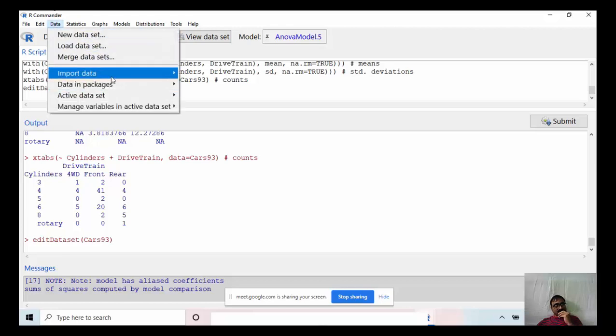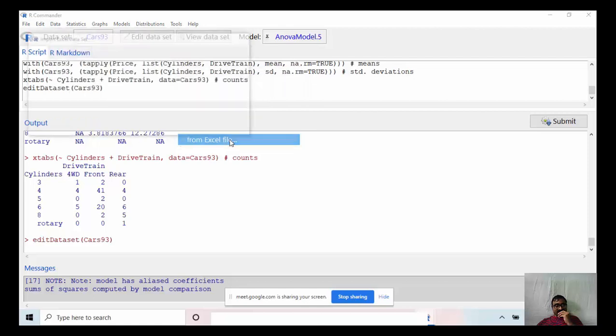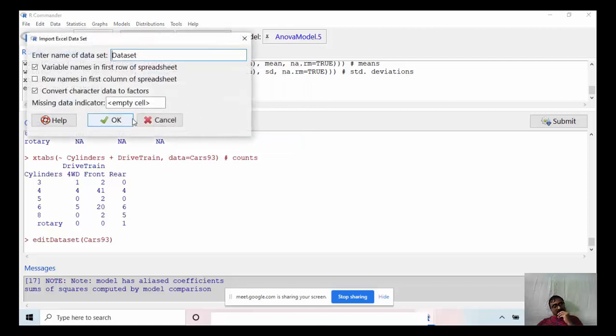It will select the data automatically, because the extension for 2007 and 2010 is xlsx. This four-letter extension is already there, so it is the same for 2007 and 2010, and it will detect automatically. No need for CSV. The CSV format is required in R, but in RStudio and R Commander, you can directly import from the Excel file itself. No need to save in CSV format.